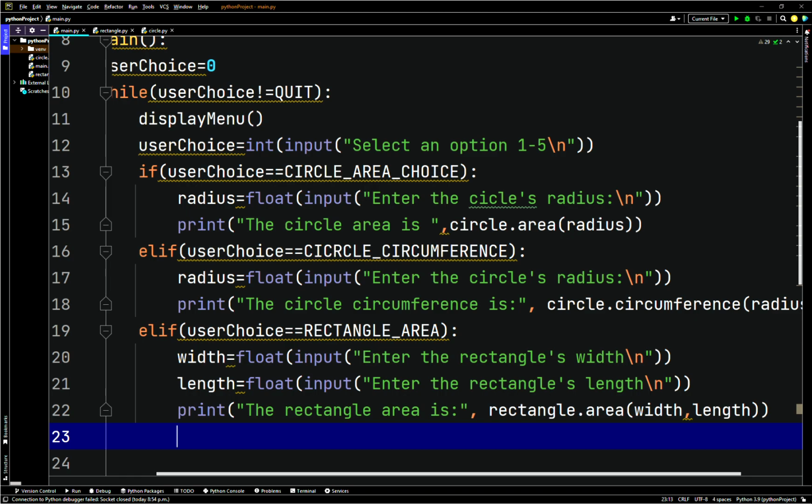We'll get out of the indentation. We'll have another elif here. We'll say user choice is equal to